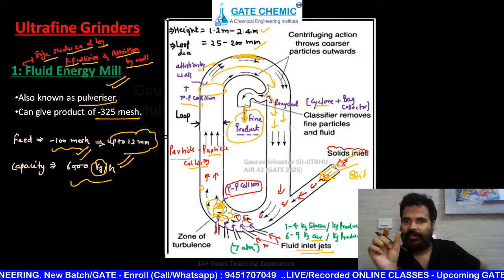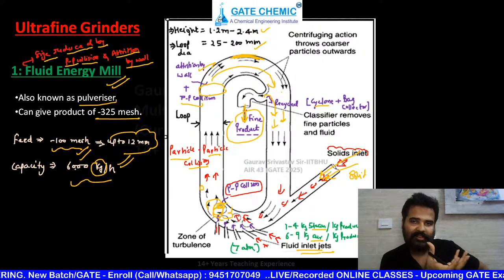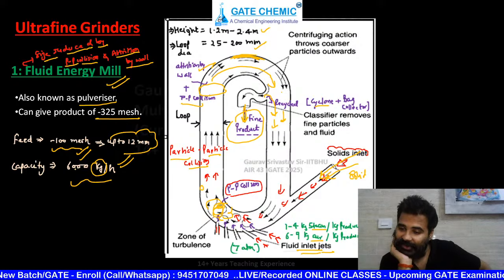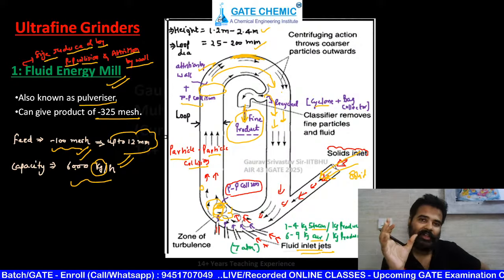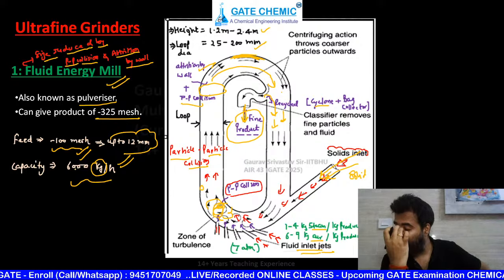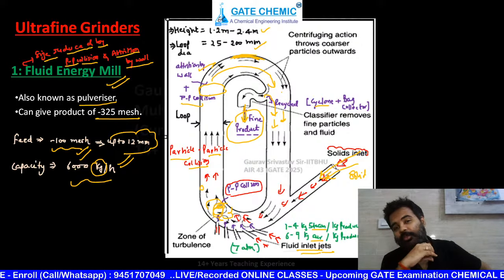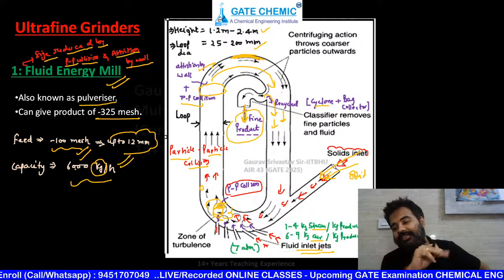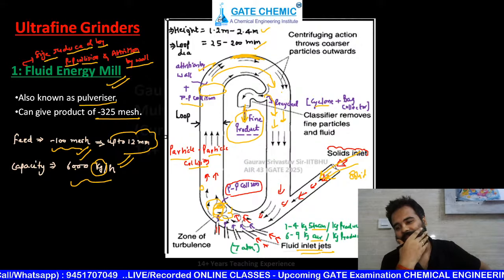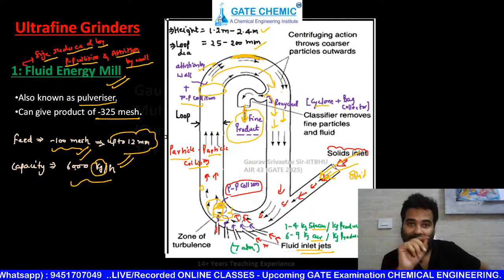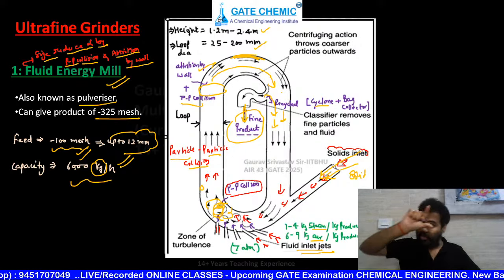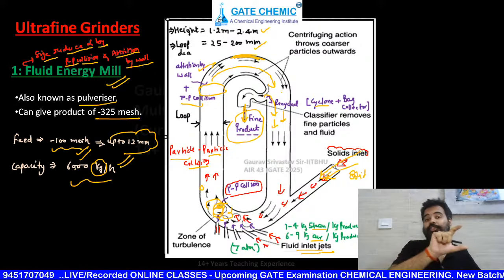Two particles, one of high mass, one of less mass. Can you tell me on which one more centrifugal force is present? On which will more centrifugal force act, the lighter one or the heavier one? More centrifugal force in which case? High or small? Tell me. More mass, because you have seen mv square by r. So m is in the numerator. So centrifugal force is proportional to mass.